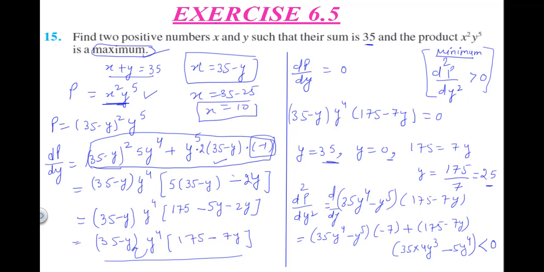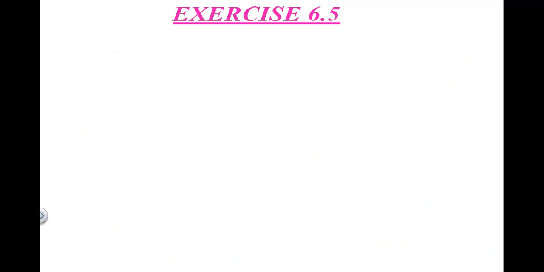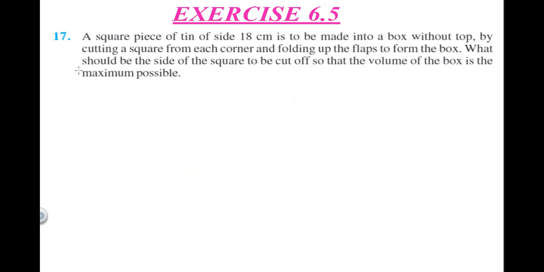So this is what your homework part that I have discussed. Now moving to the classwork questions. Just look here carefully and read the statements, because these are the questions now starting for 6 marks, and every time in board exam you will get them. So what is said? A square piece of tin of side 18 centimeter is made up into a box without